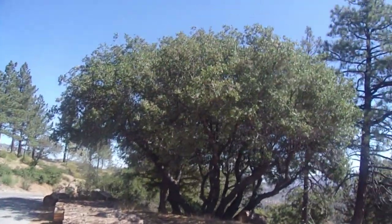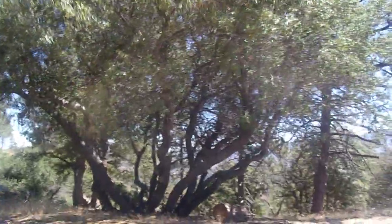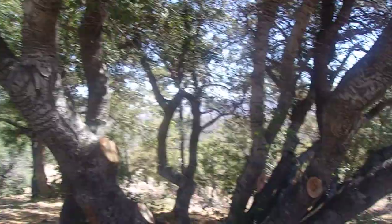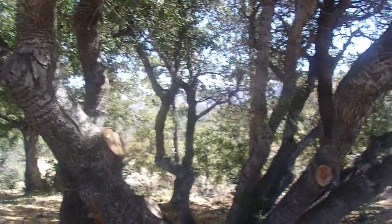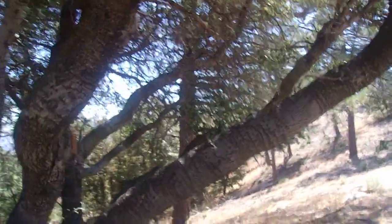And we got ourselves a beautiful interior live oak right here. This is a Quercus wislizeni variety frutescens. Beautiful interior live oak right here. Gorgeous tree. It's multi-trunked, as you'd expect for a variety frutescens. It's almost the size of a small variety wislizeni. But